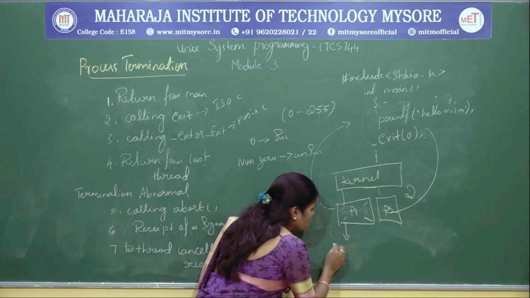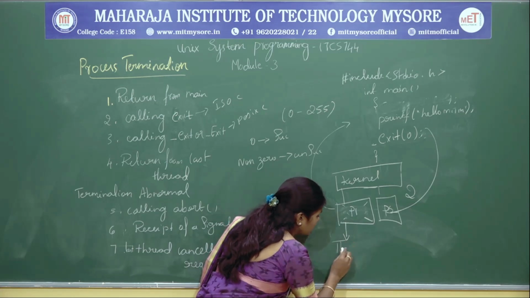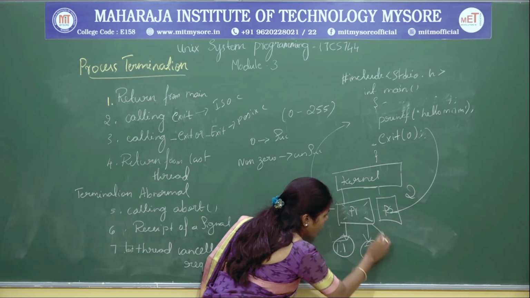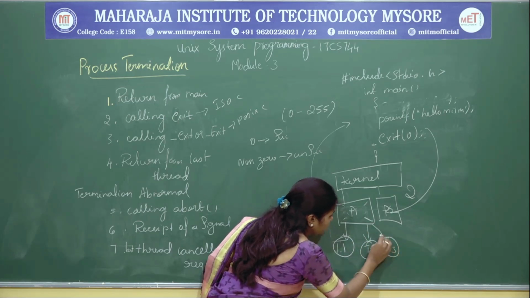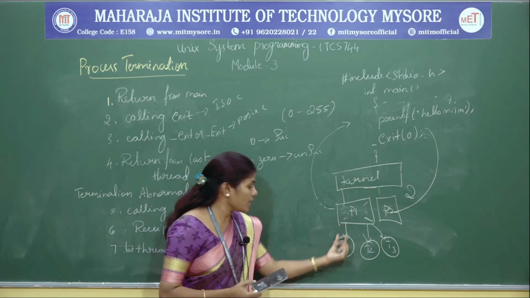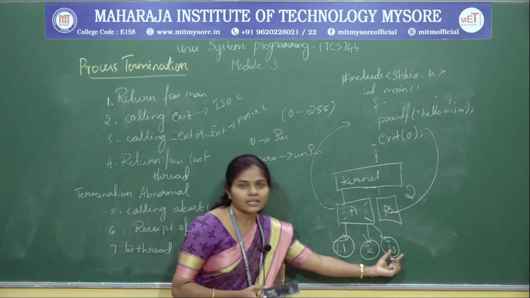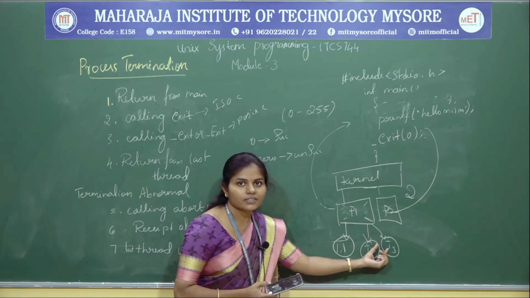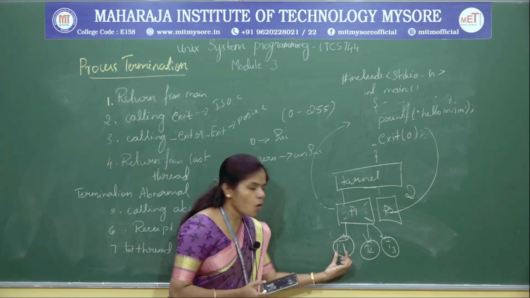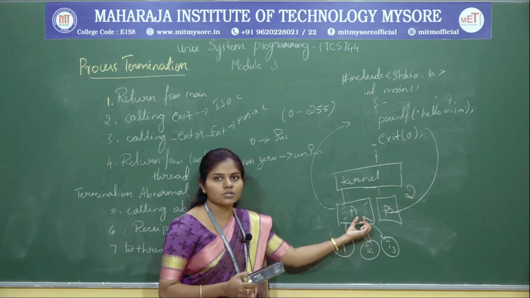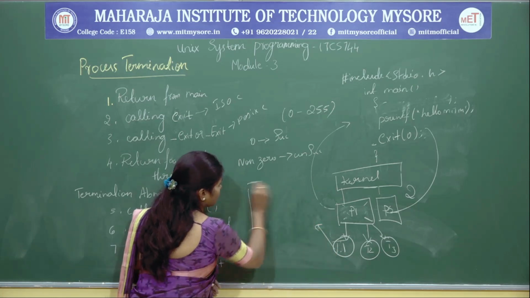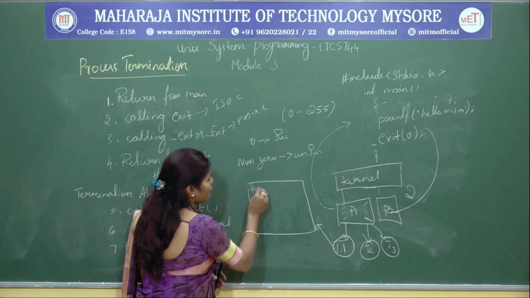Now I am going to make use of threads. See here, I am going to use thread 1, thread 2 and thread 3. Now the process P1 is a process that has threads, right? So these 3 threads, we are going to call them lightweight processes. This is a small unit in the process.